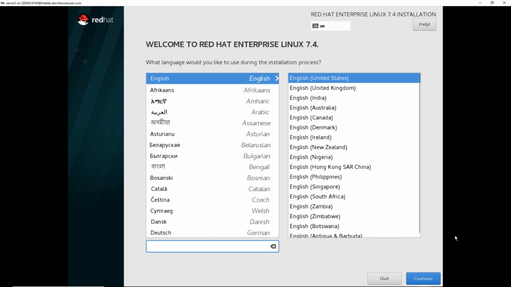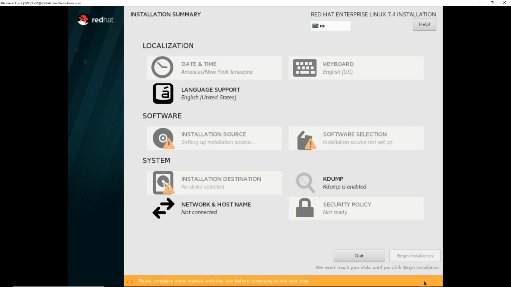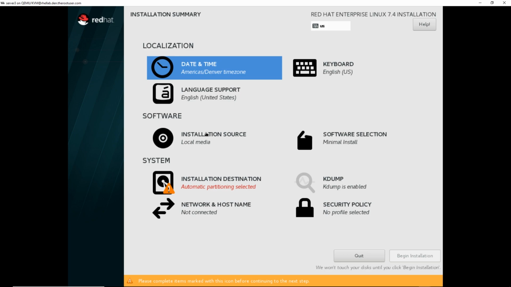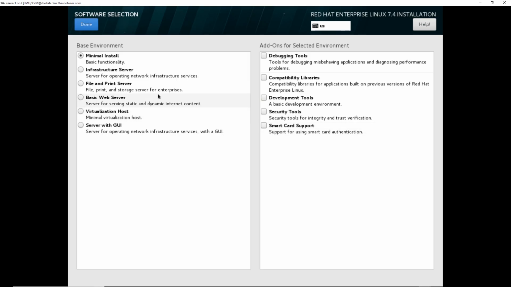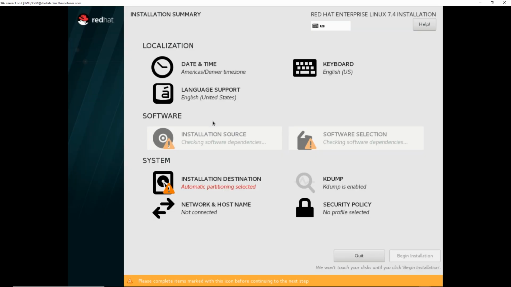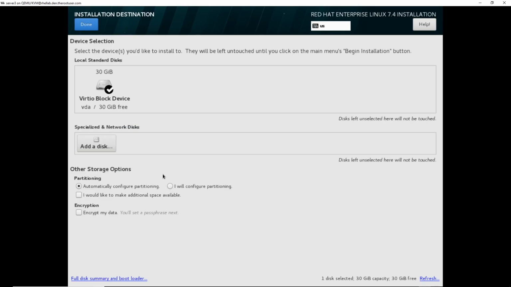Alright, so we'll enlarge this to make it a little larger so it's easier to read. We're going to choose English, and we're going to change our date and time to Mountain Time. Then for software selection, I'm going to do infrastructure server. And for the installation destination, we're just going to allow everything to happen automatically, so we'll leave everything at its